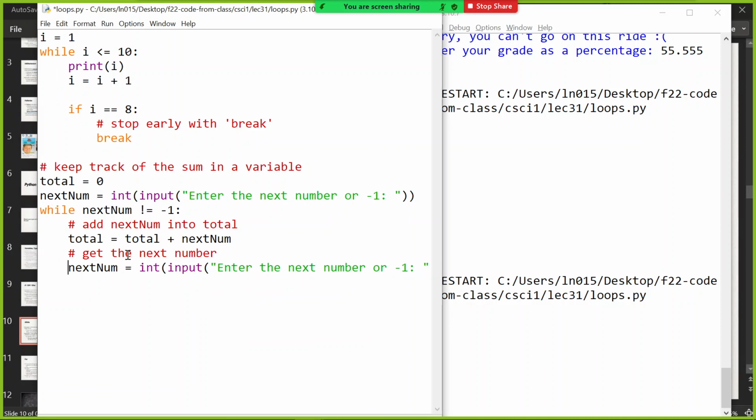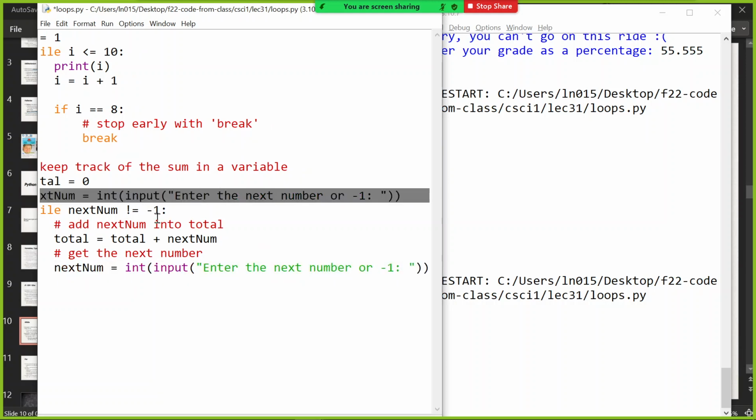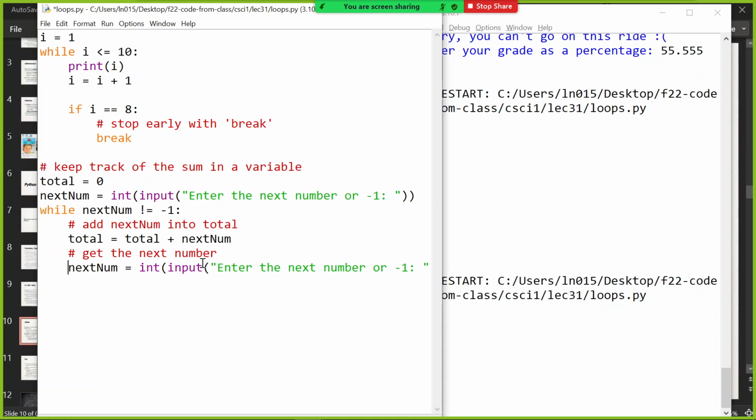Okay? And so this loop is going to stop once the user types -1. Either they typed it and we didn't even do the loop, or they typed it here, and the total is the sum of all the previous numbers. Okay? And that will stop our loop, because when it's equal to -1, this not equals comparison is false, right? It only continues while it's true, while it's not equal to -1. So once it's finished,